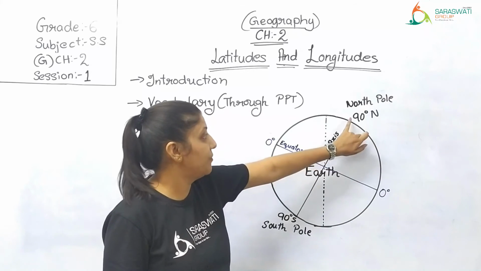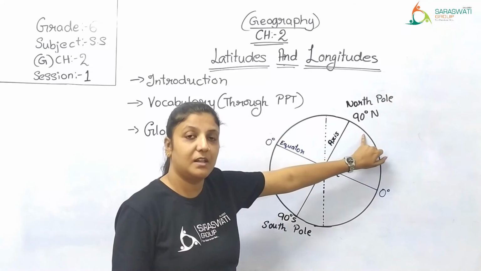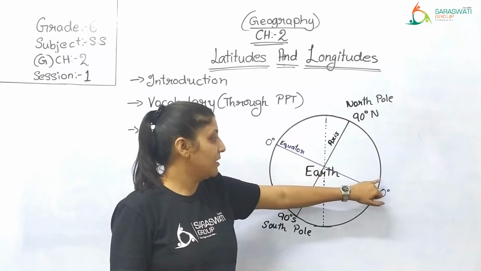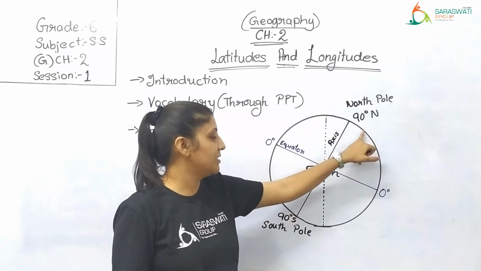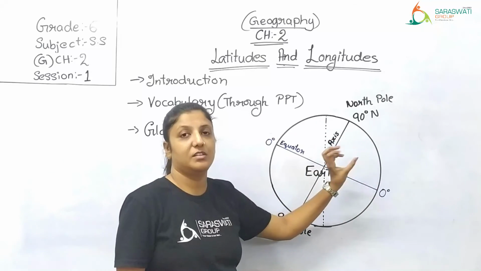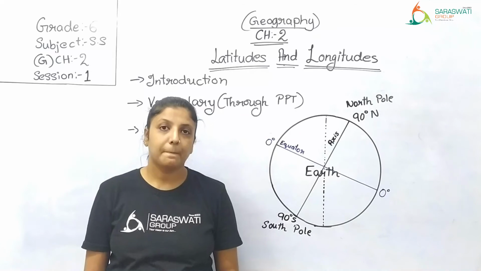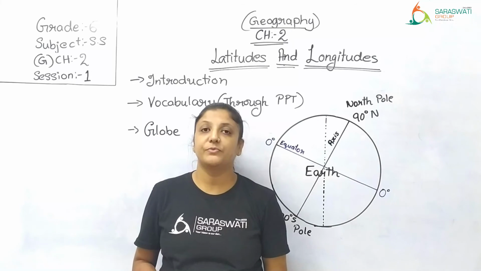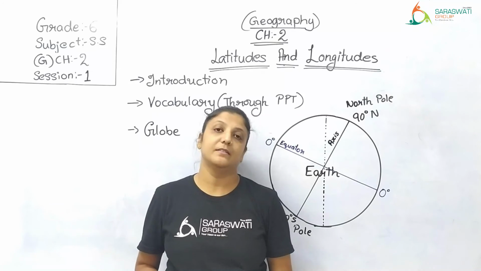And if I say, instead of 90 degree, 60 degree longitude, what will be there? This is 23.5 degree and this is 60 degree. So where these two lines cut each other, the place will be located there. Right? So in that way you can locate the place with the help of these lines.